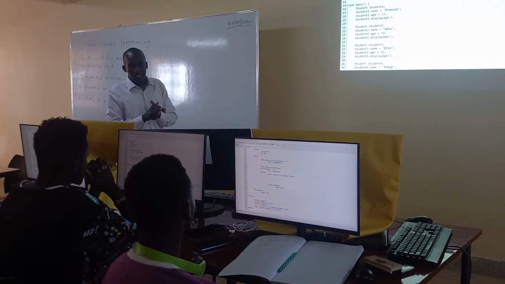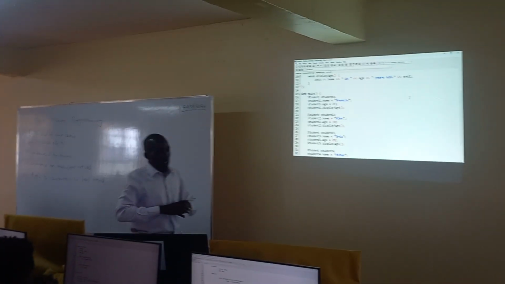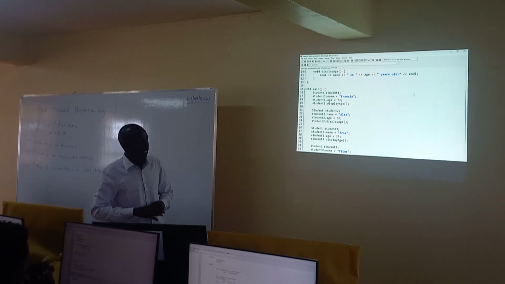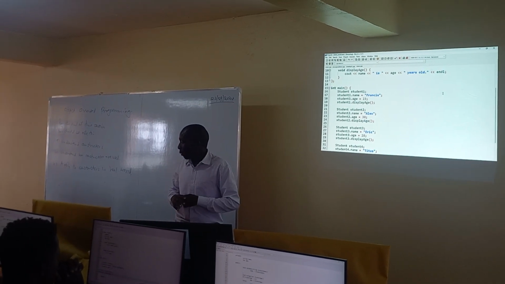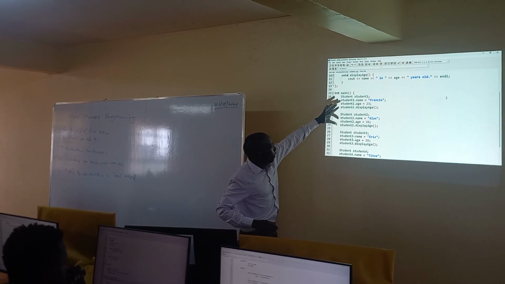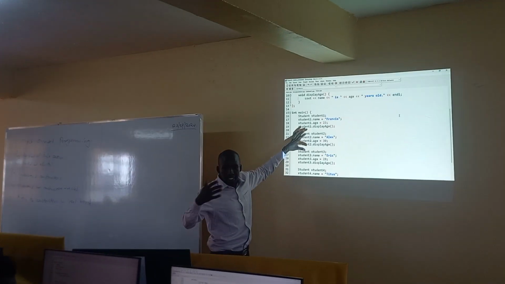Very tiresome, right? So I introduce you to a concept called a constructor in C++, or in object-oriented programming languages, to solve this problem. You see here, it's a lot of repetition, right?